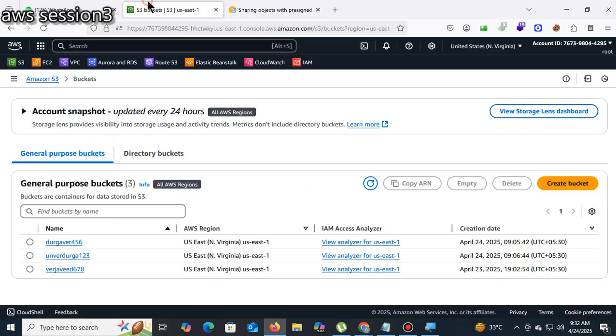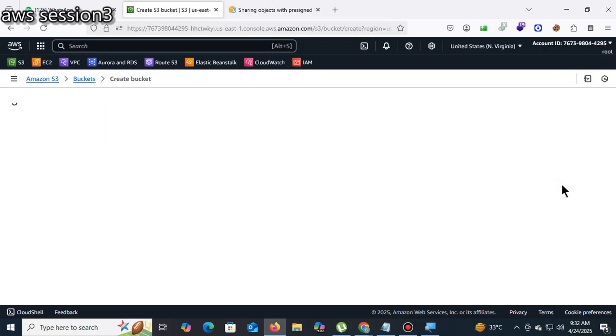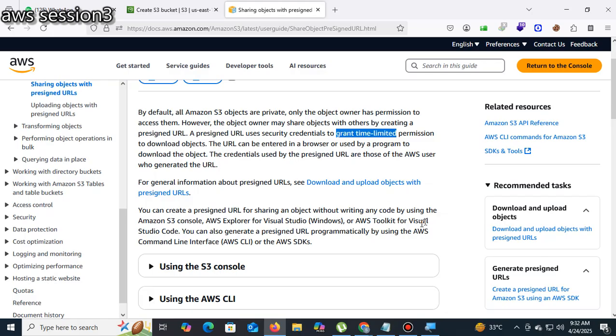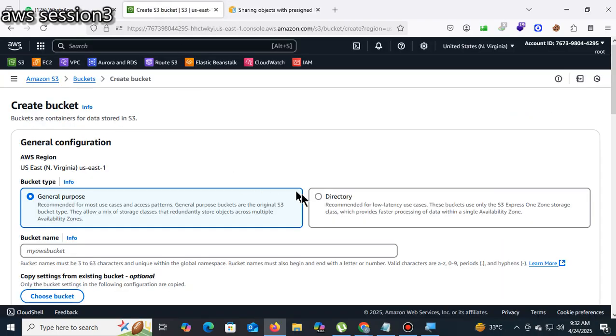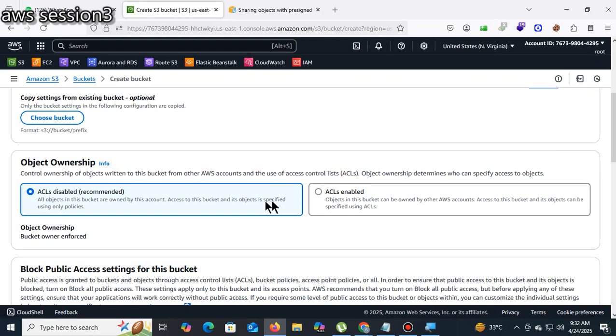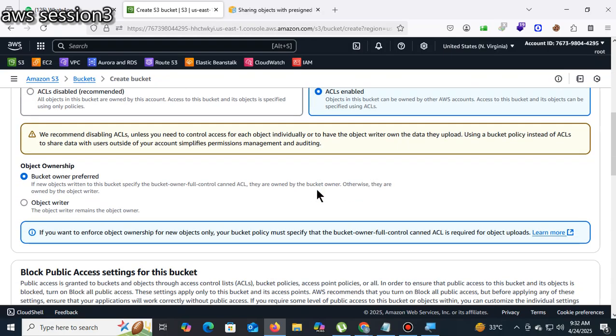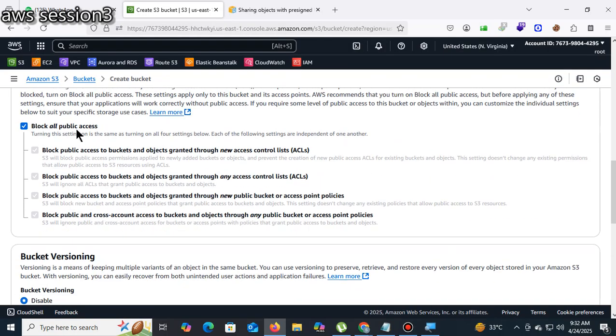Same thing here. First I will create a bucket. You can create a presigned URL for sharing an object without writing any code, from the S3 console. Here I'll create a bucket.